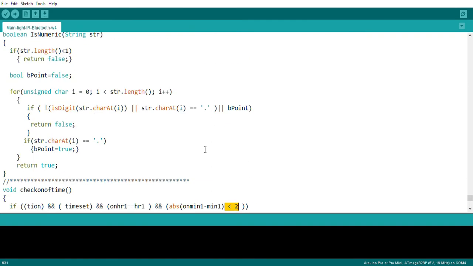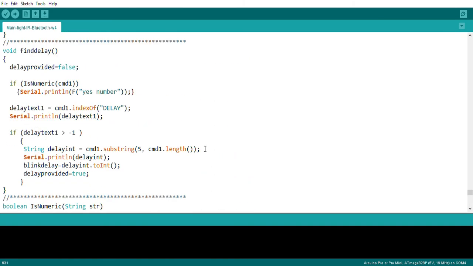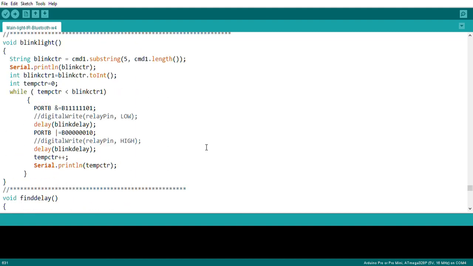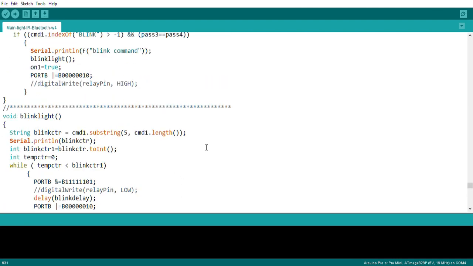So this is the entire explanation of the program. Hope you understand it. This is not really a very standard and very efficient program. There could be many ways of writing the same program, but the main use of this is how to use the Bluetooth and how to use the IR sensor, read the code from the TV remote. That is the main thing here, and later it can be extended to interface the RTC clock with that, get the time directly, and control the on and off time for